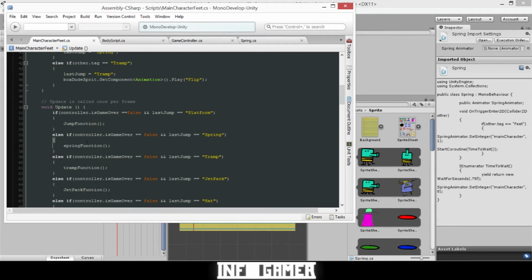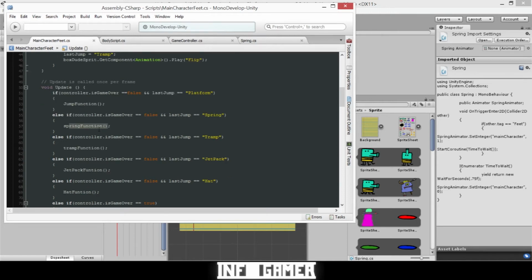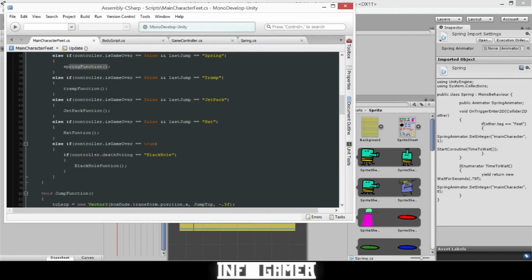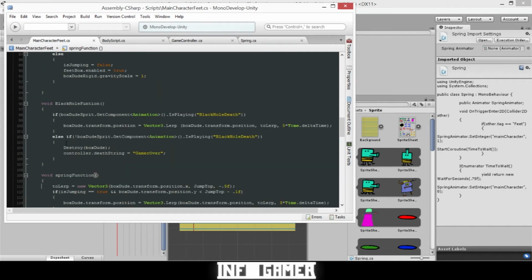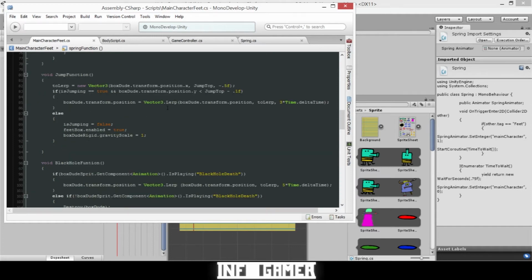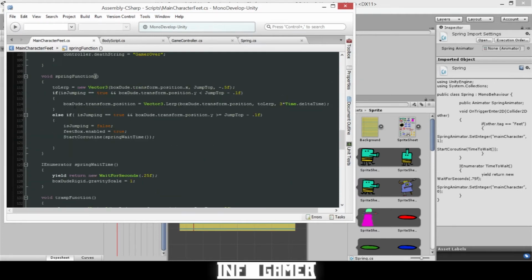So this if-else statement reads, if controller.isGameOver is equal to false and lastJump is equal to spring, then we're going to do the spring function. Now let me show you what the spring function is. So I wrote it down below beneath our black hole function. This function is a void function and it's got no parameters, and then inside it's really the same thing as the jump function. So here's the jump function that we wrote in a previous video,